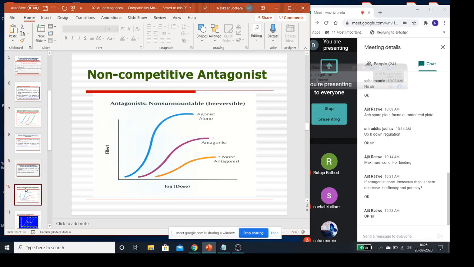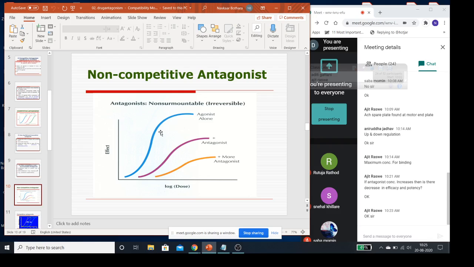So how does it happen? See, when the agonist was alone, the blue line was there, the maximum. You should be able to understand these curves, they are very, very important. From that you should be able to describe everything that has happened. The agonist alone was there, so it was having good potency, good efficacy. That means it was resulting in maximal effect; efficacy means maximal effect, and at lower